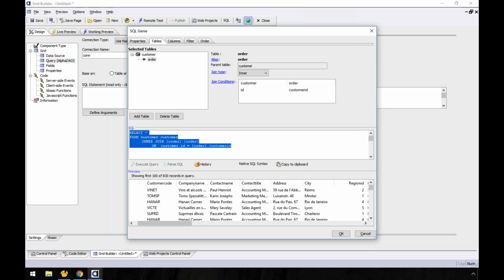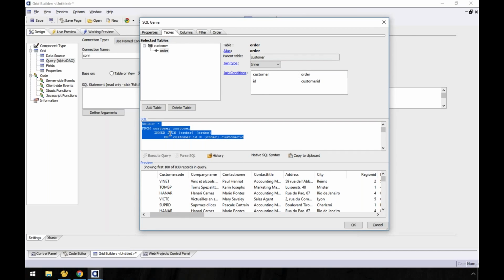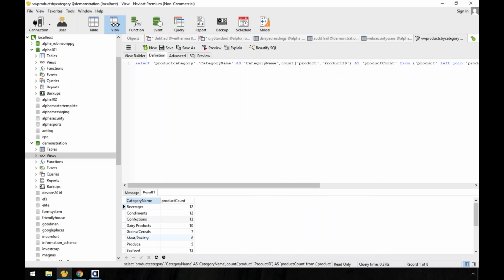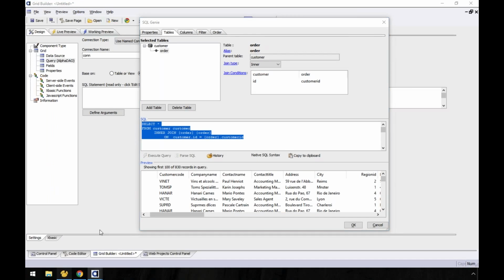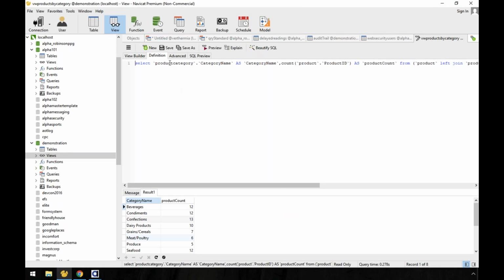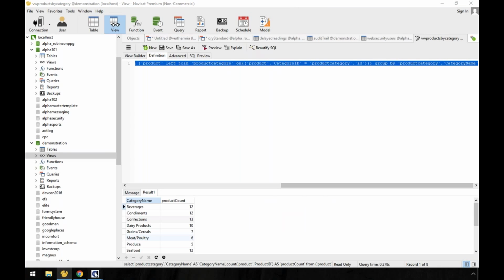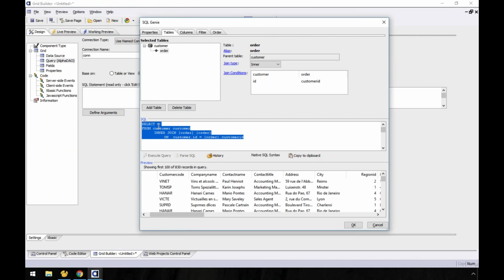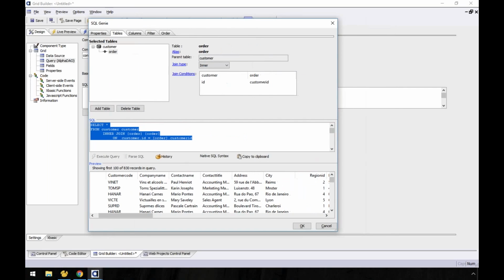So you can use either method, whatever you're more comfortable with. The only thing I'd say is that if you're going to reuse this in 2 spots inside your application, it's nicer to have it in the database as a view or something like that, because then if you ever need to change it, you change it in one place, and then your grids and whoever references it inside Alpha is there. But that said, you're more than welcome to use this methodology, and it works great.